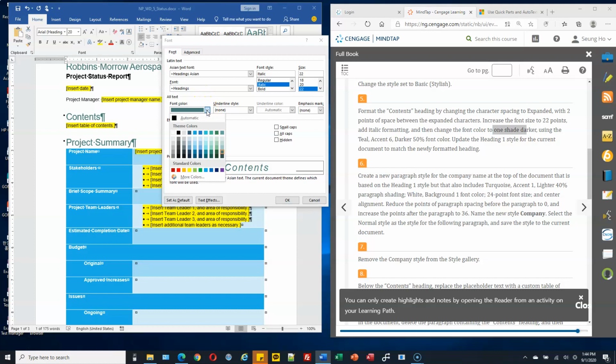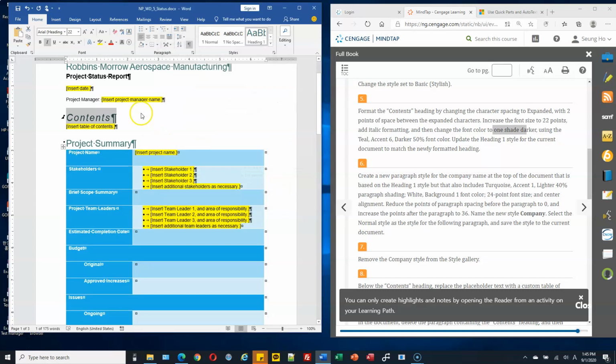So that should be using teal accent 6 darker 50%. So it is the last one. This is teal accent 6 darker 50%. So select the last one. Okay, and then okay. Alright.